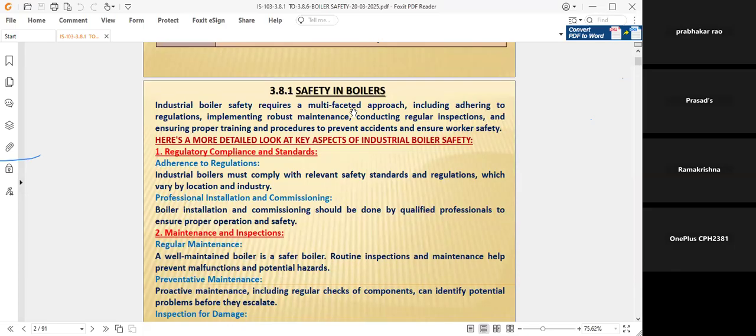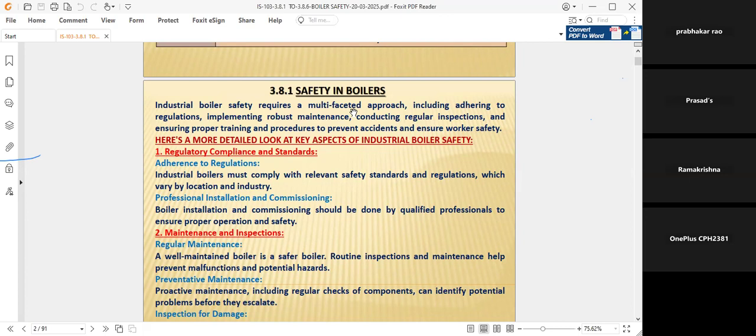These are the ID fan and FD fan. They are part and parcel of the furnace. That's why robust maintenance will be taken care of. Conducting regular inspections is also important, not only by the internal